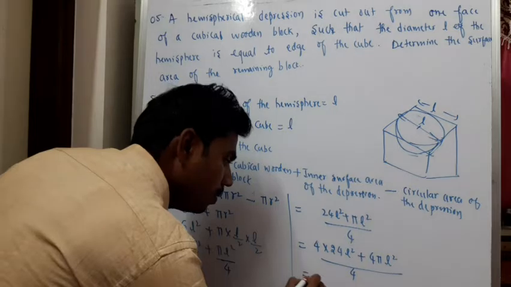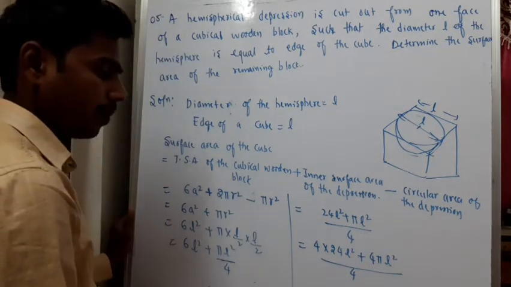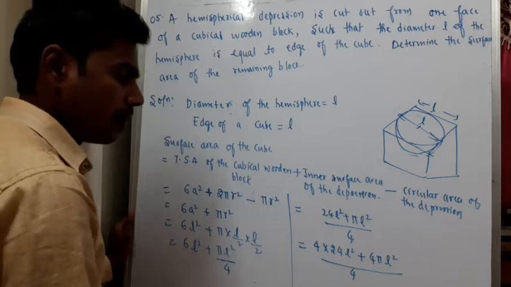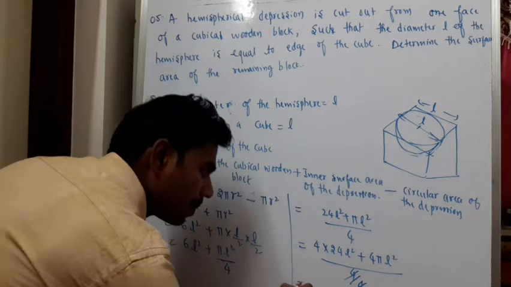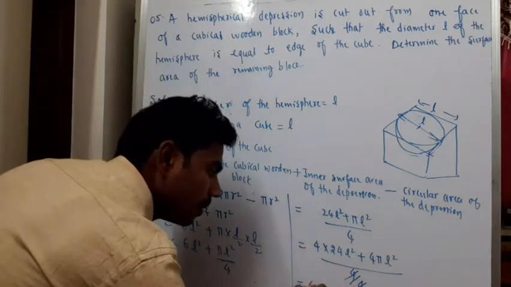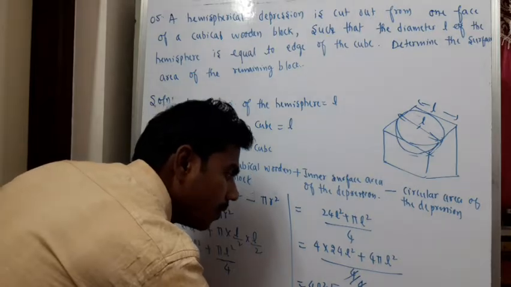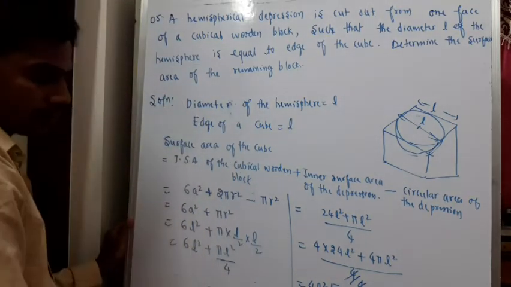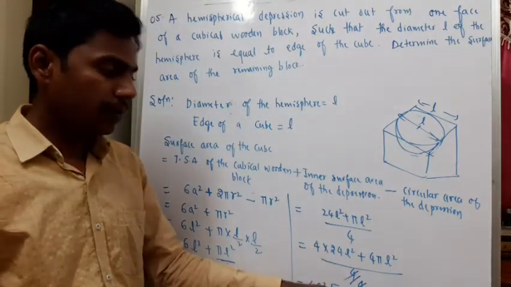Then it would be equal to, so I have multiplied with 4, I need to divide by 4. This 4 will get cancelled. Then what I do, I'll take 4L square outside. This would be equal to 24 plus 1. Multiply and divide by 4. I have multiplied with 4, I need to divide it by 4. Then it will be,